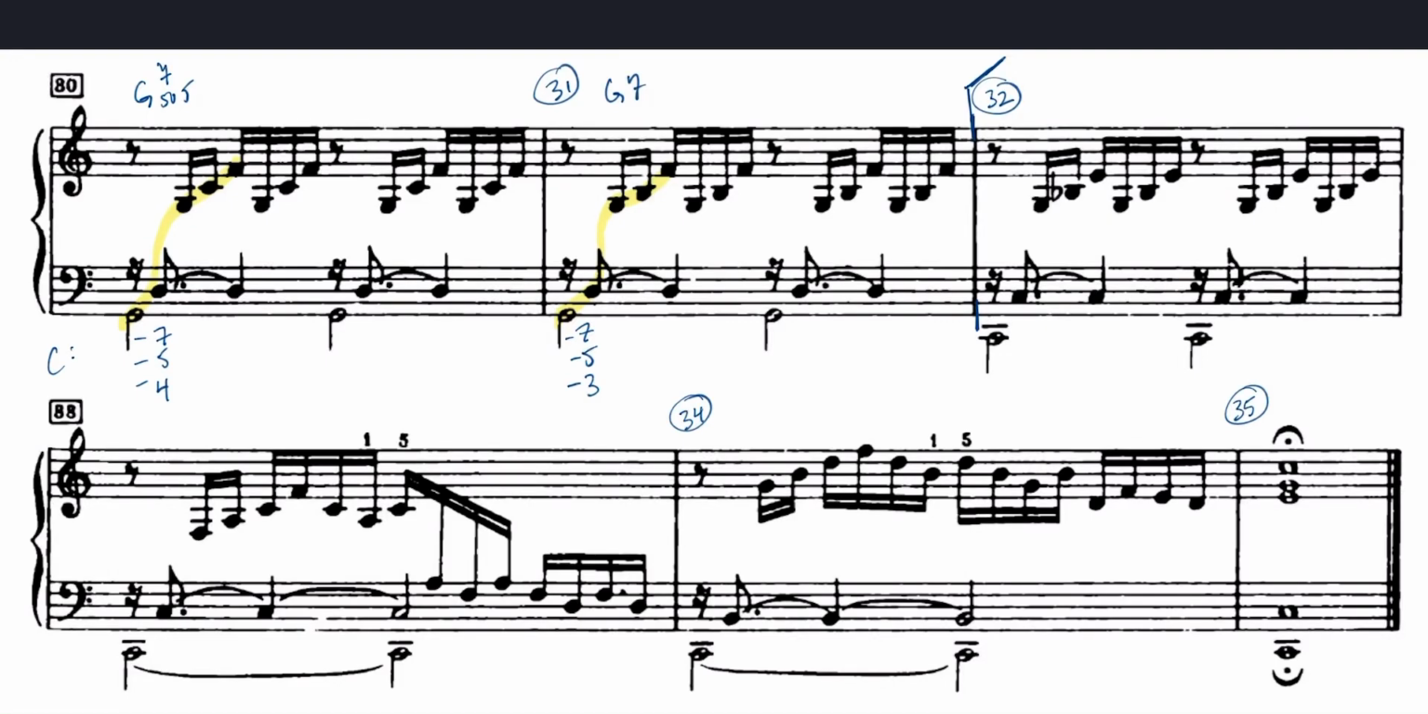All right, let's take a look at the final phrase of the Bach C major prelude. So I'm starting here at measure 32. And again, let's just read the notes. When we're done with this particular analysis of measures 32 through 35, let's put it together with the previous phrase